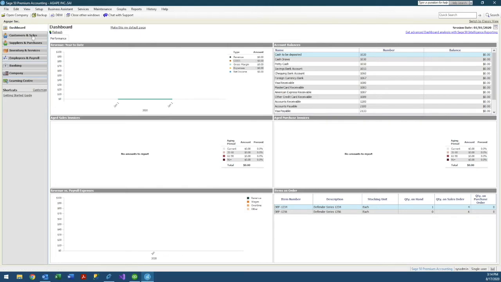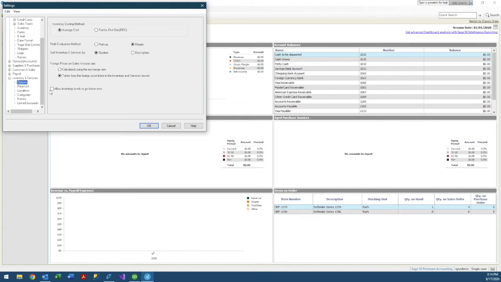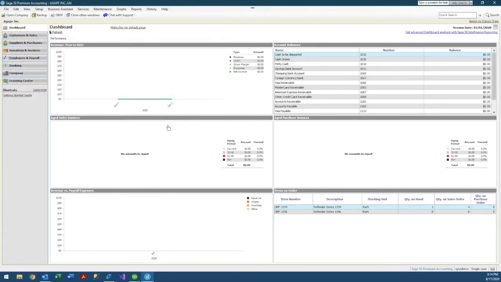If you were in Sage, you would do something similar. You would go to the Setup menu, Settings, and you would go to Inventory and Services. Under Options, you would have this allow inventory levels to go below 0 box unchecked. If this is the first time you're setting up your accounting system in MISys, this is what you would have to do, and this would prevent you from going into negative inventory levels, both on the raw materials, components, sub-assemblies,